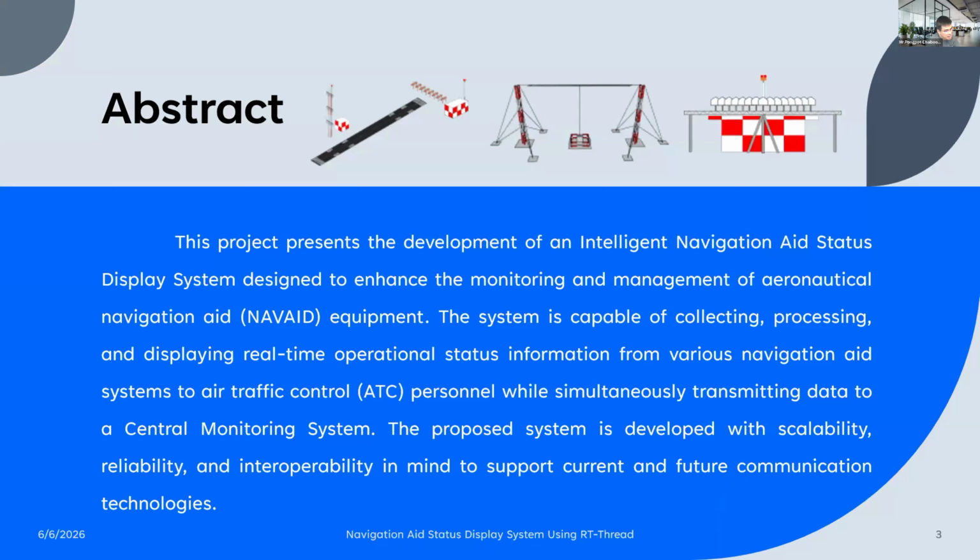In the aviation system, there is navigation equipment like IRS, DVOR, and DME. DME is also collocated with the DVOR and IRS system, and ADB is the conventional, old navigation radio. These are critical for safe aircraft operation.